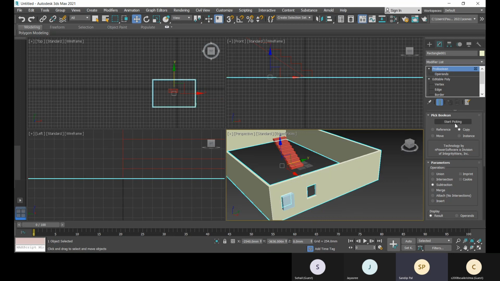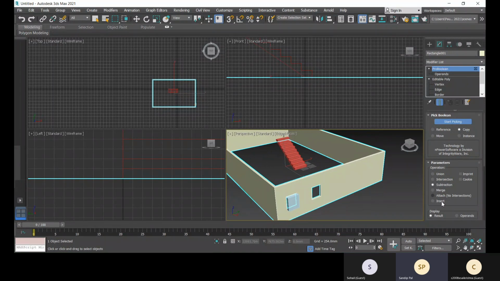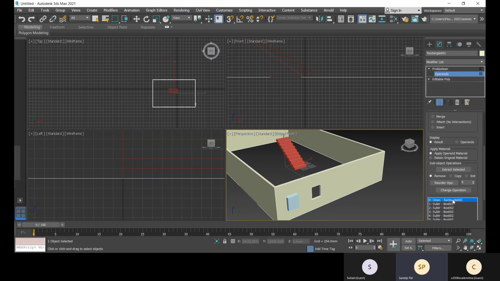Now in the ProBoolean, click on the start picking, and this you can pick. Yes, this box is right now there, so you can move it again. So I think I have created too many boxes.